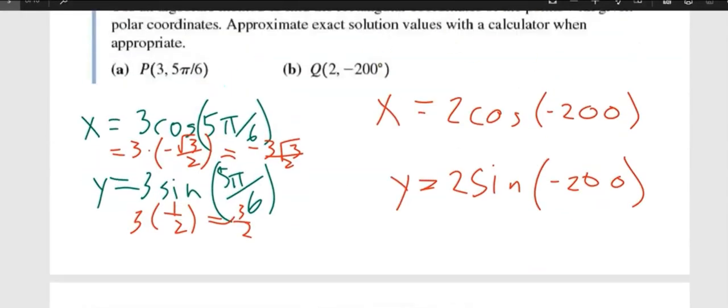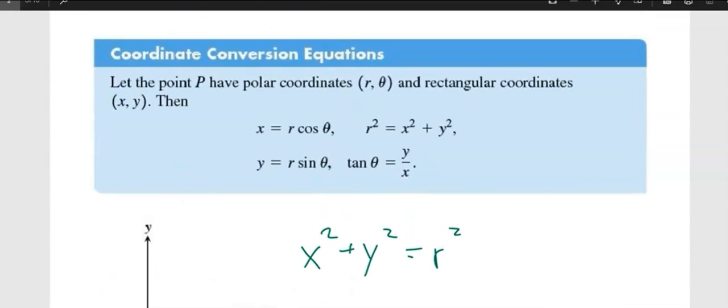Okay. r equals 4 cosine theta can be converted into a rectangular form as follows. I wanted to walk you through the process. There are some important things. I believe I showed it in a previous video that you need to know how to substitute, and these are